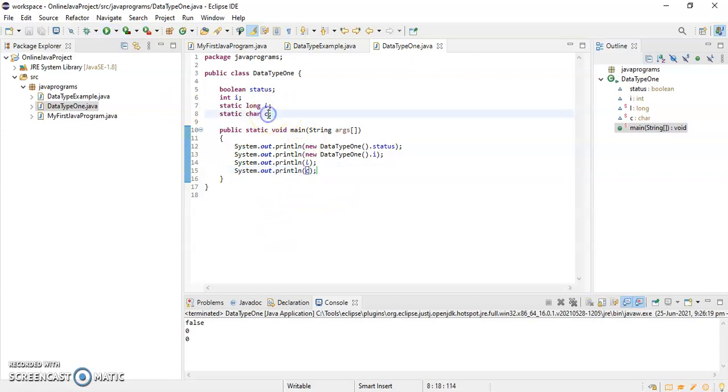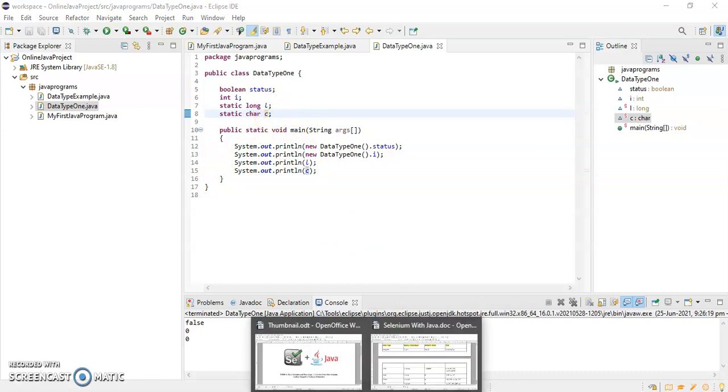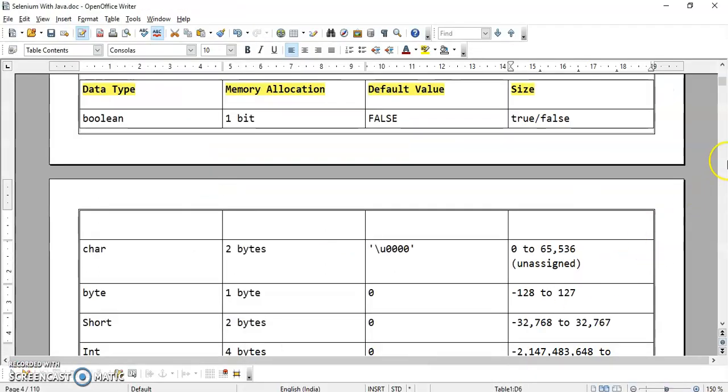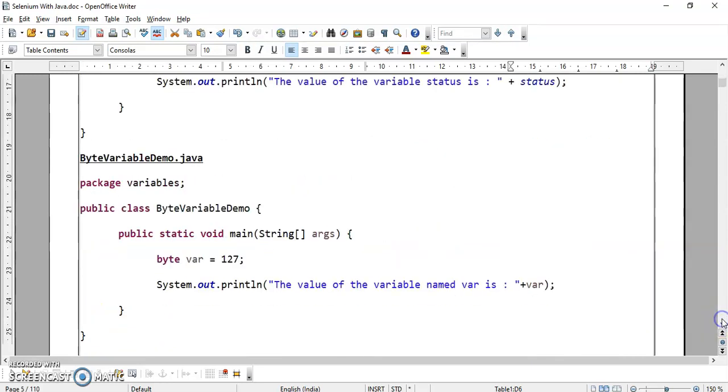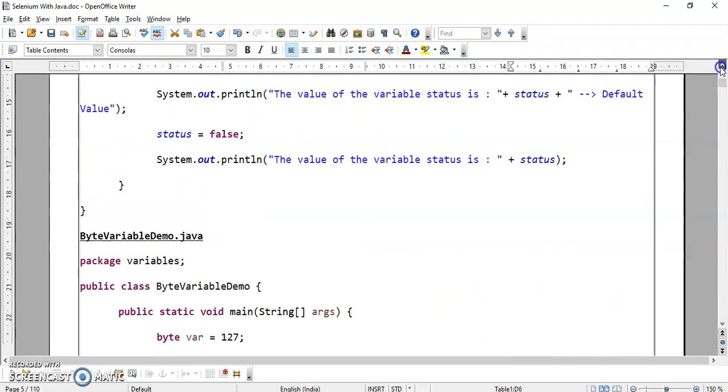If you see, the default value of byte is 0, short is 0, and int is 0, that we saw, right?